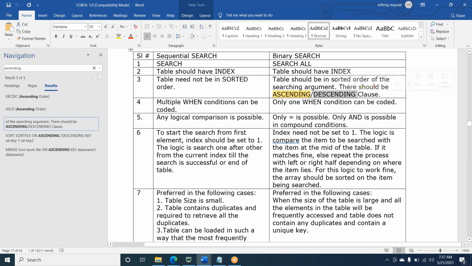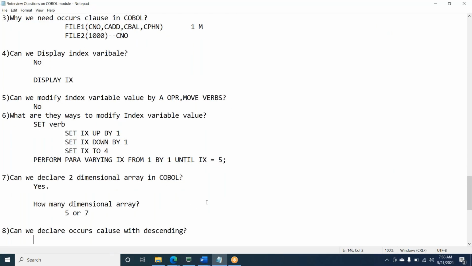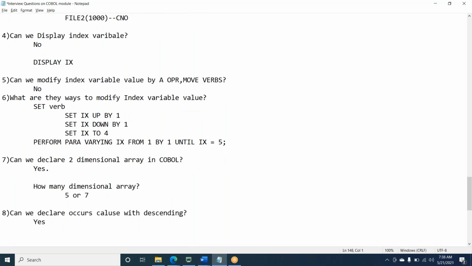Yes or no, team? Yes. The table should be in order of the search argument. My intention is that when you are doing a binary search, we have to declare an array, and in the array we write OCCURS ASCENDING BY or DESCENDING BY this key. Correct. So the answer is yes.